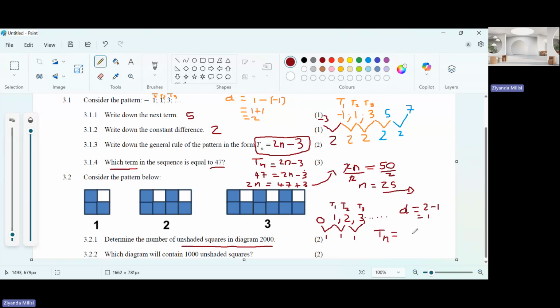It is 0, times n, what is the constant difference, plus 1, which means Tn is equal to